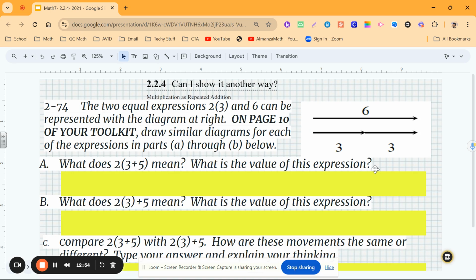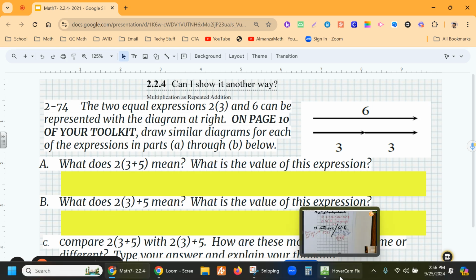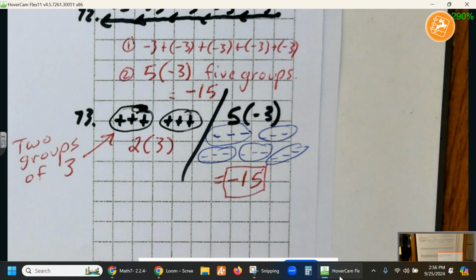Okay, so we're going to see if we can use these concepts and solve some problems. So 2 equal expressions can be represented with the diagram at the right. We're still on page 11. Don't turn the page. So draw similar diagrams for each of the expressions in parts A and B, and what is this going to look like? Okay, so our first one,